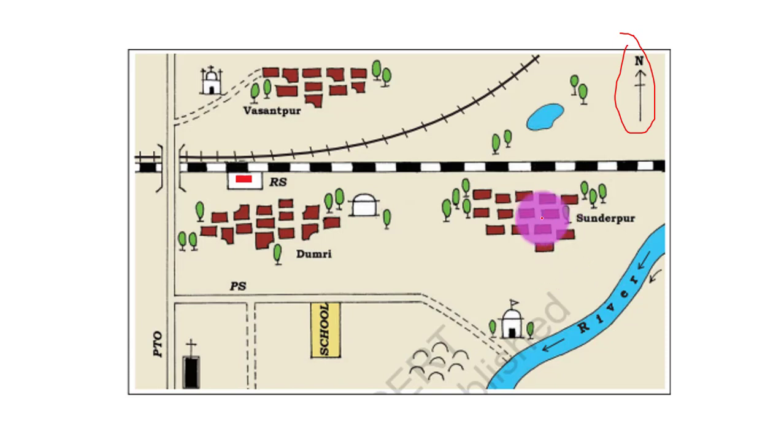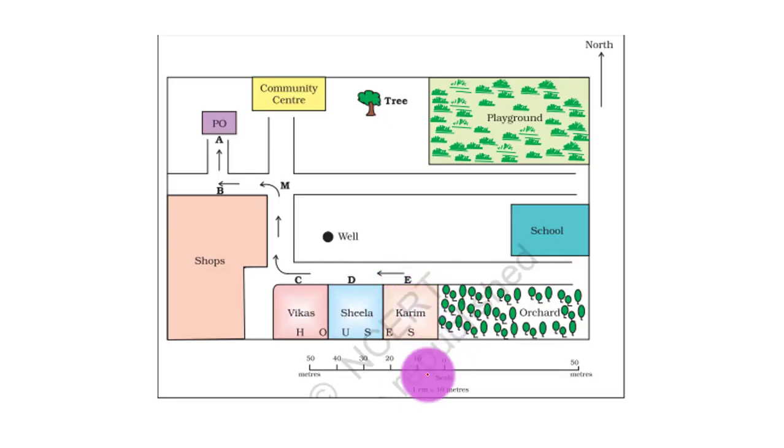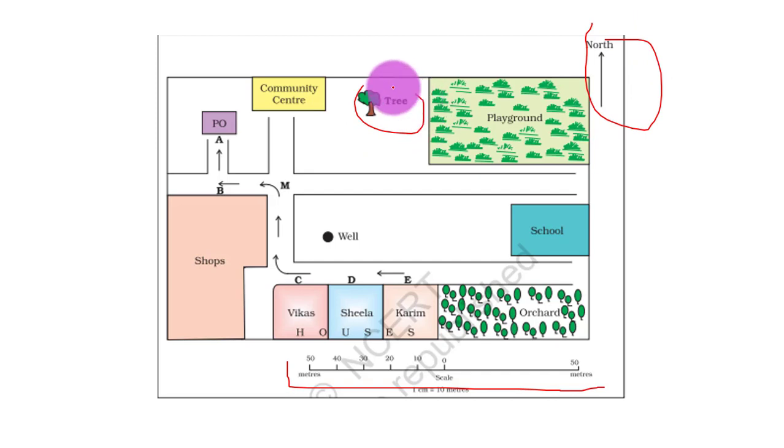Forest like a plotting, railway station, temple, different things you can see here in a map. And this uses the scale: 1 cm is equal to 10 meters for representation of the map on a paper. And this is the cardinal point and this is the symbol. They are the three most effective points you can use: distance, direction, and symbol. Thank you for listening and subscribe to our channel.